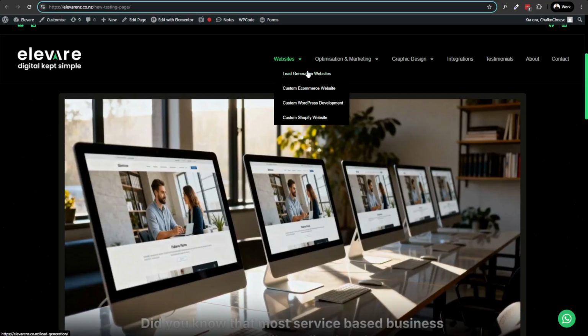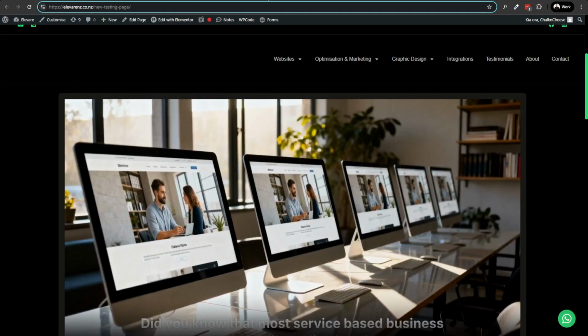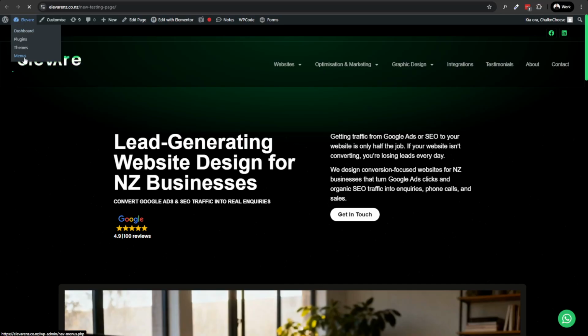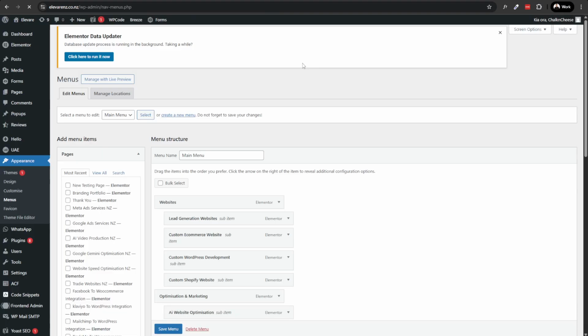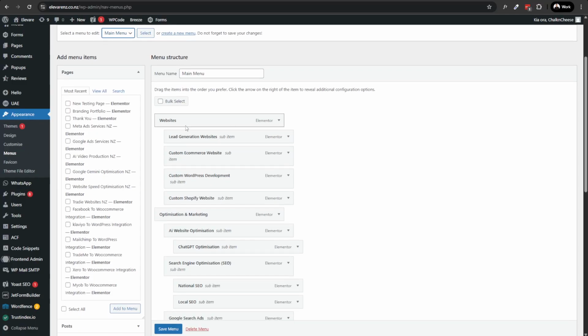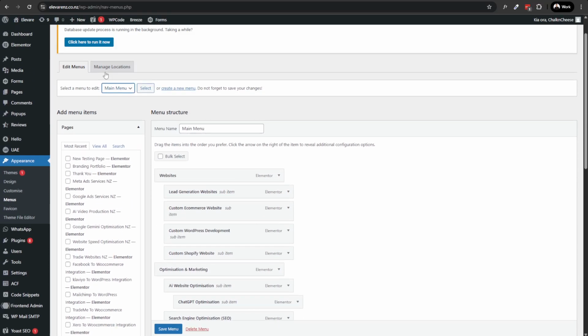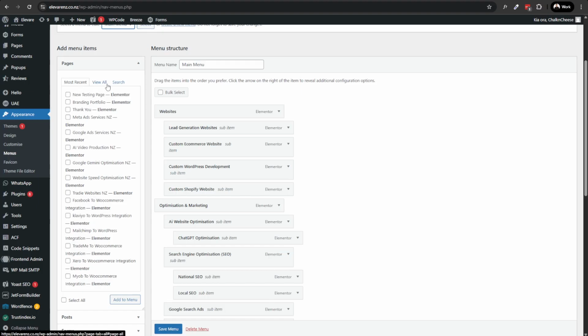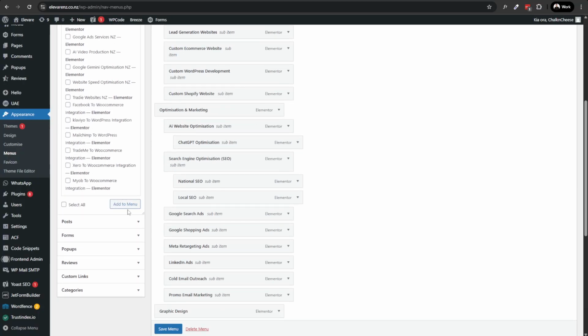Let's say you've also created the service page and want to link it in the menu. This is located back in the dashboard, so we just want to go over to the top left, go dashboard and menus. From here you'll see the different menus we have, so in this case it's main menu, resources, services and terms. And we just want to add that new page over to the websites dropdown just so it shows below here. So all we'll do is go to pages, we can go most recent, we'll click the new page, go add to menu,